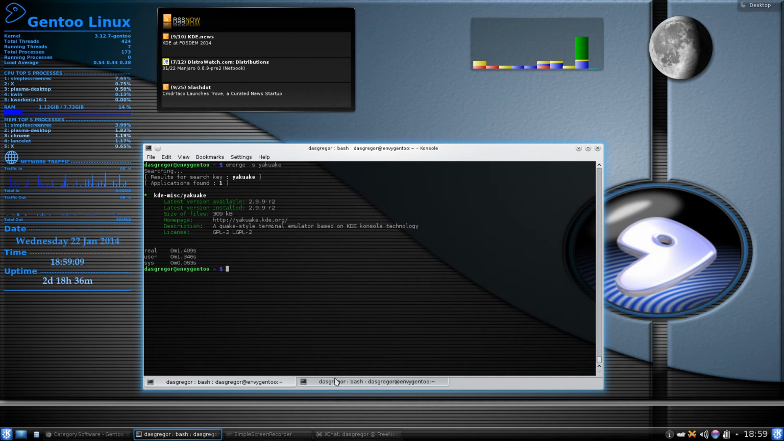There is a program for KDE called Yakuake. That's Y-A-K-U-A-K-E. And it is very handy. So to install that, you just do a simple emerge -av yakuake. Now, as I've always said, I use the A and the V all the time because A is going